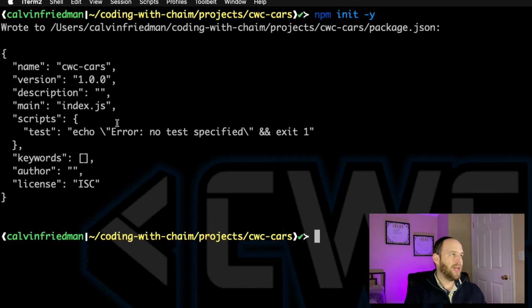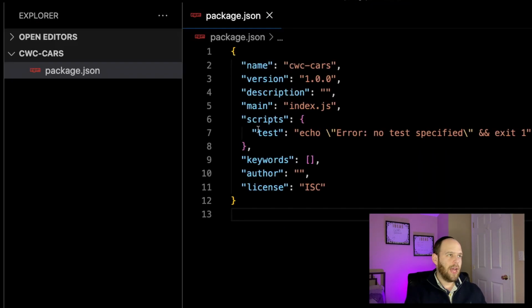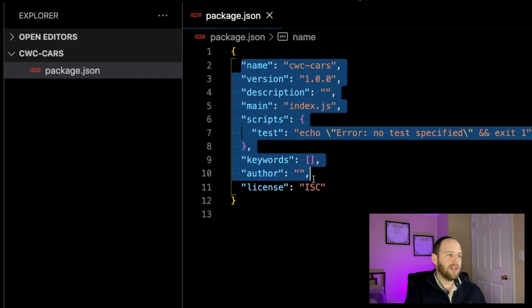Okay, so now that we hit enter, we can see that we get some kind of output. We see that we have this new file called package.json. Let's go ahead and open up this particular folder in our editor of choice, which for me is going to be VS Code, and let's inspect this package.json a little more closely. So here we are now in the editor. We have the package.json file open, and as you can see, it has the name of the project, the version of the project, the description if you choose to give it one, the main file, the entry point,